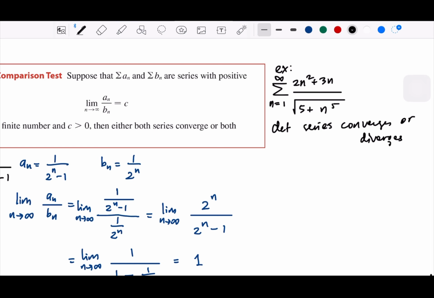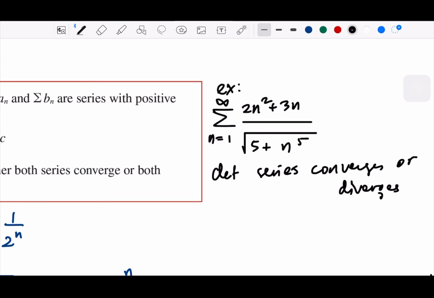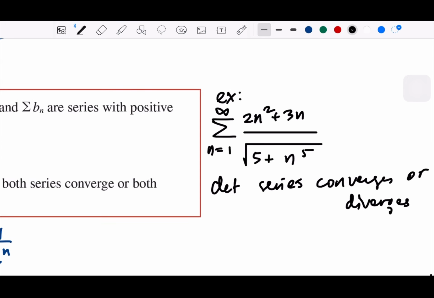So if we take, we say, what's the highest power? We say that this one, right? This one, and this one, right? I mean, in terms of the fraction itself, that one is the dominant part, right? So what we can do is, let's say we are going to imagine that,